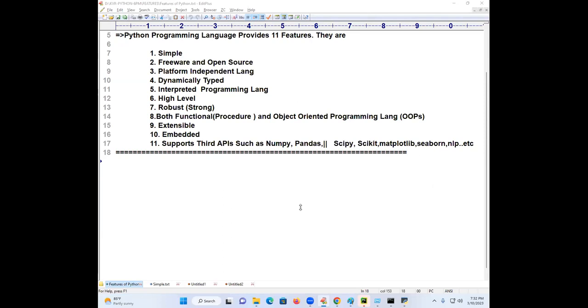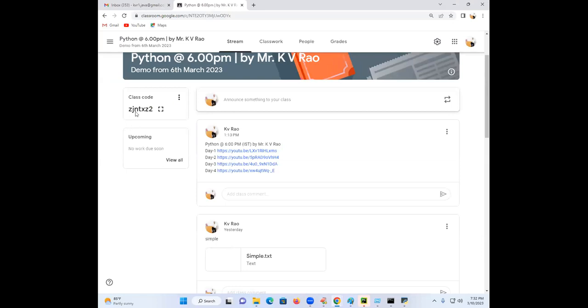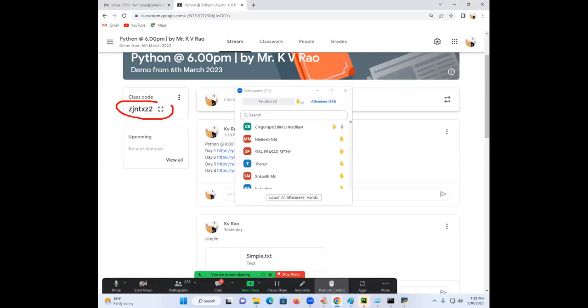Notes, I'm sending daily, ma. You need to go for this Google Drive link code I already showed from the last 3 days onwards. Please use the code and join in the Google Drive class so that you can come to this class and you can see my notes. Okay.